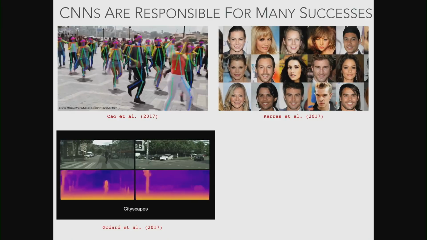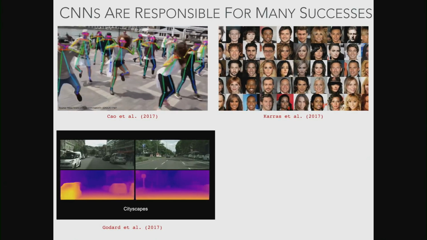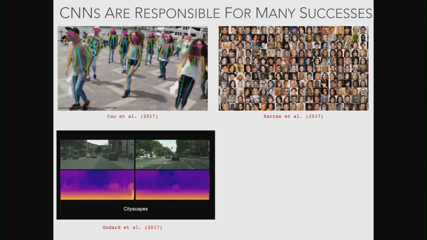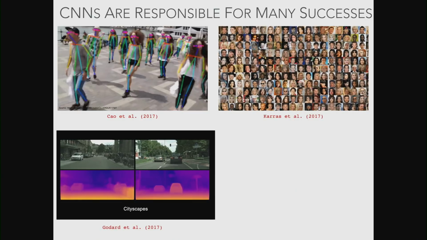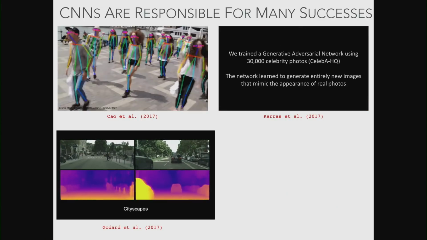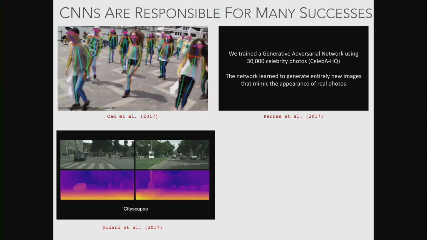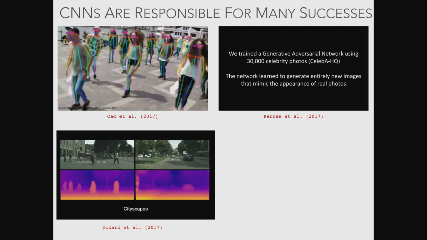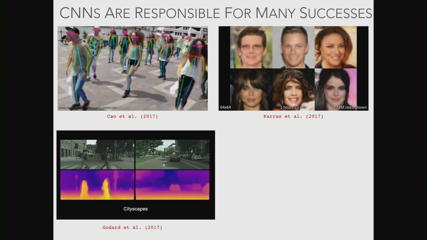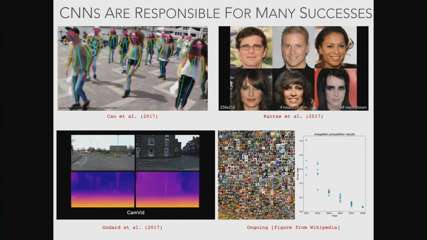And then this is some work from the lab I was in, Gabriel Brostow's lab, where they were doing something called monocular depth estimation. From a single input image or video, you can estimate the depth of every single pixel in that image. And that's not a trivial task, because usually we estimate depth using 2 eyes. You need at least 2 images to be able to estimate depth. And this has applications possibly in the self-driving car scenario or some other similar scenario.